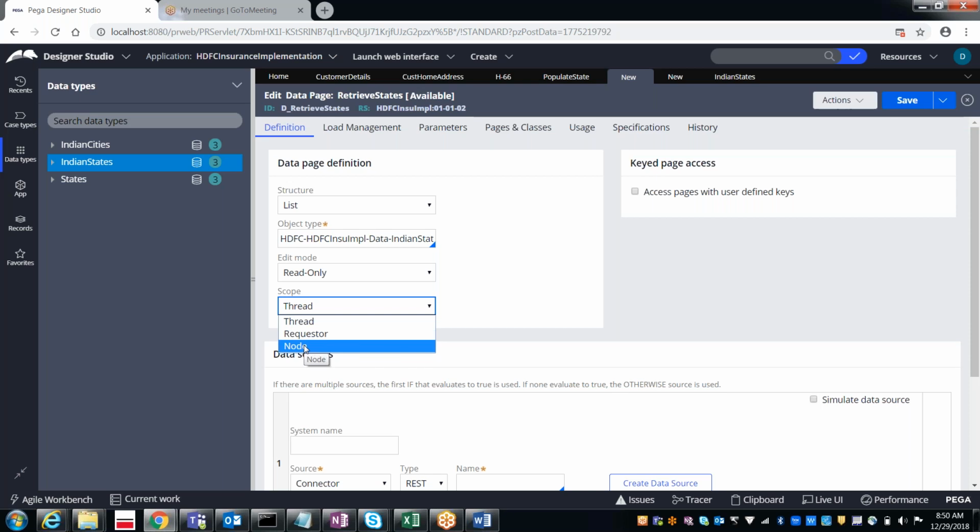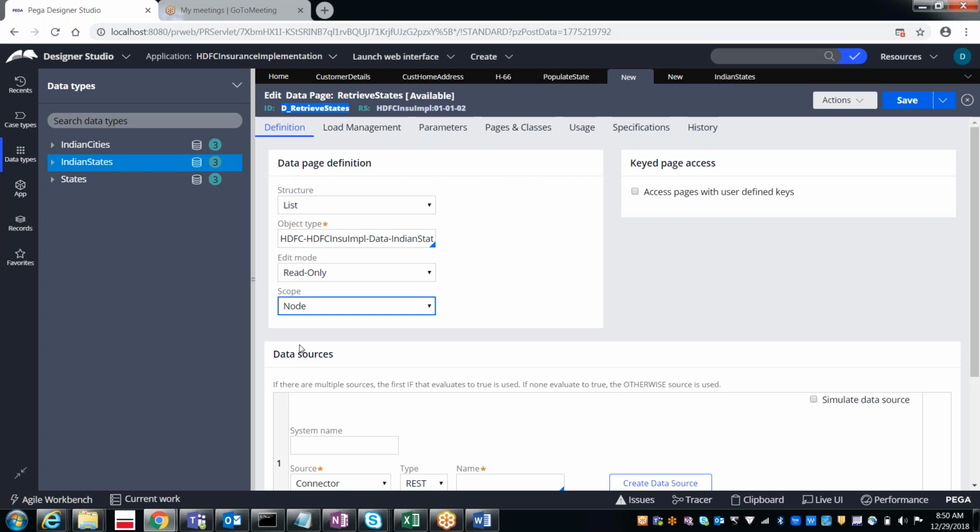So if this data page, d underscore retrieve states data page, should be available for multiple operators in the server, then you need to select node.